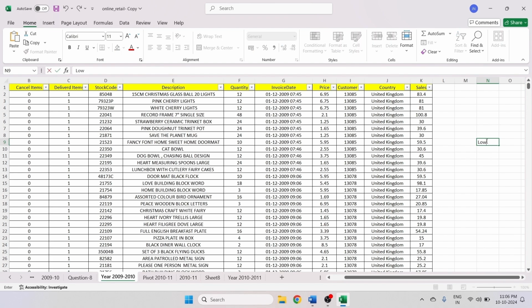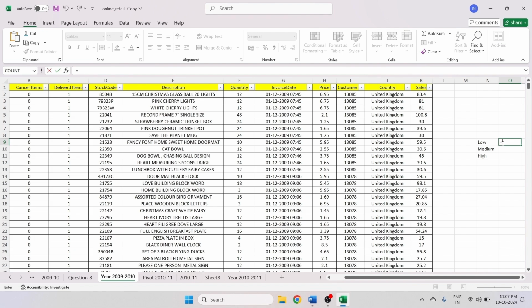First is low, second is medium, and third one is high. So for this we don't have clear instruction what percentage is called high expenditure, what is called low, and what is called medium. So for this I'm assuming